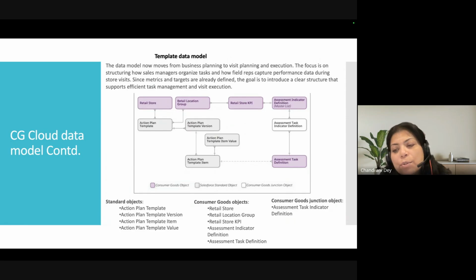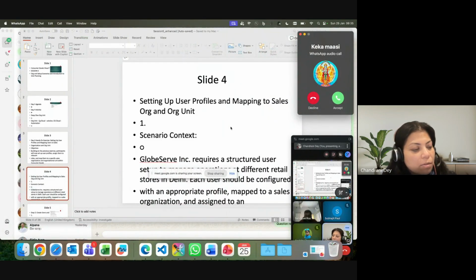If you see, a particular retail store might have multiple action plan templates associated with it, and one action plan template might be associated with multiple retail stores. A retail store might have a generic action plan template, a promotional one, or a seasonal one. For a particular group of consumers or a particular group of products, it might have its own action plan template. So it is not limited to just one. You can have as many action plan templates for a retail store as the business requires. Again, versions are nothing but, sorry,